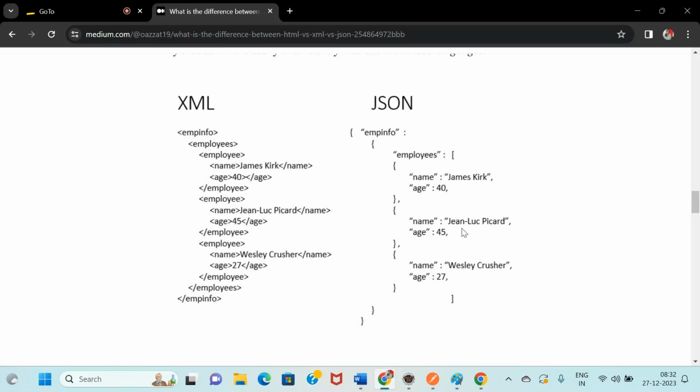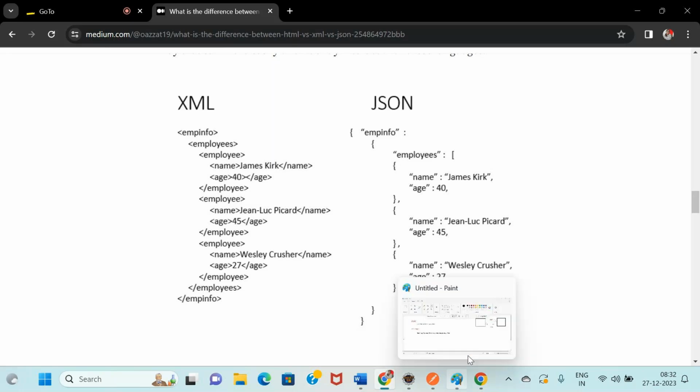If you look at the XML format, many tags are involved. In order to create a single data item, we have to provide the opening tag and closing tag. Compared to JSON, it has a very complex structure. But in JSON, it's not like that. It's a very simple structure. If you are defining an object, open curly brace. If you're defining an array, it's a square bracket, plus simple data types. So this is the meaning of lightweight format and how it helps in storing and transporting. Hope it's very clear.